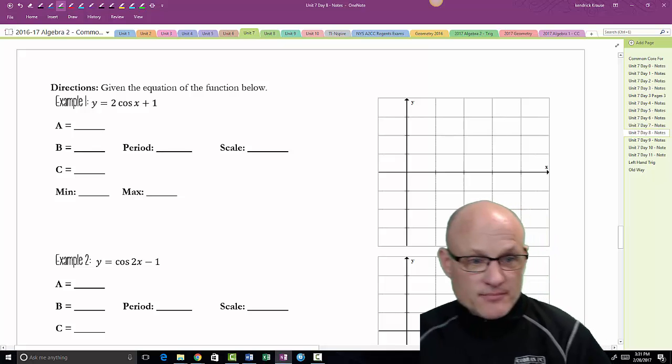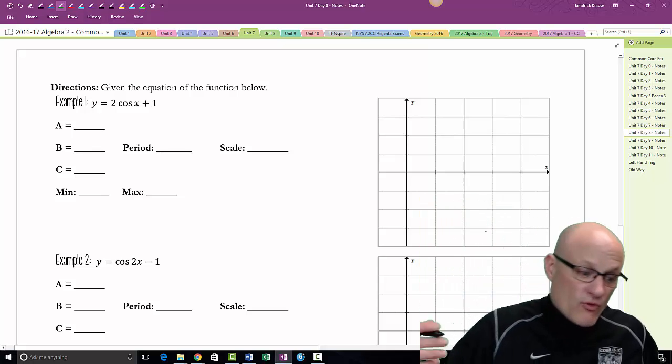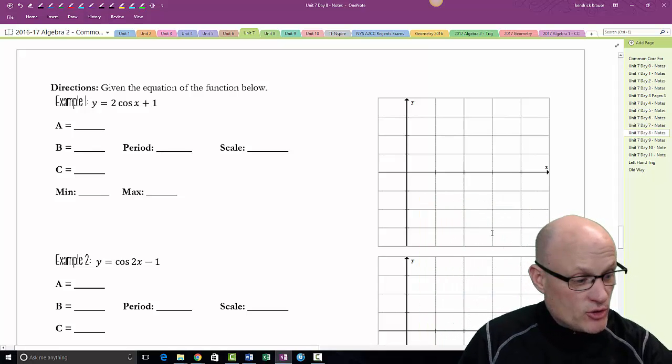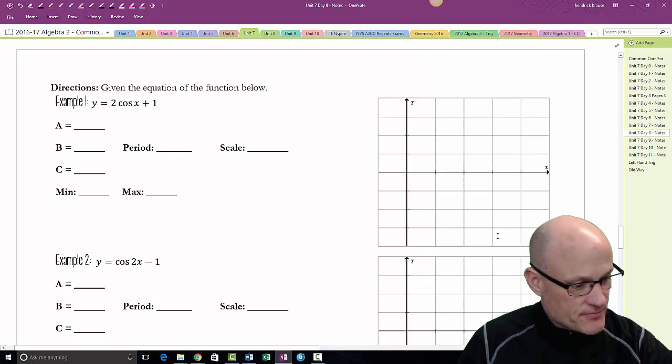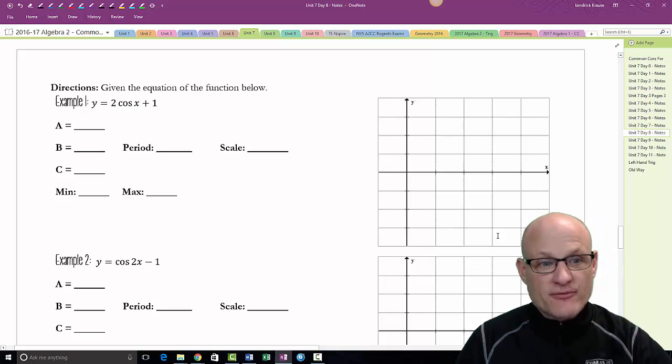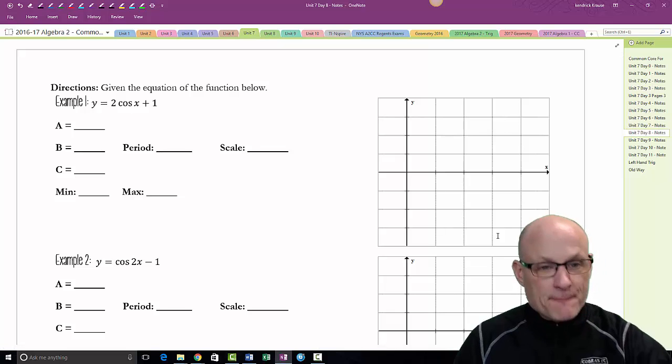Not much different than what we did before. We've already done this stuff. We're just now going to do it with the cosine curve. Trying to see what I've got left to do. Oh, a couple pages. Okay, so